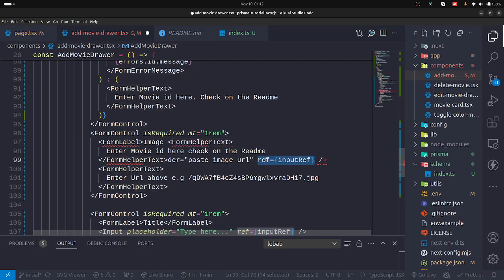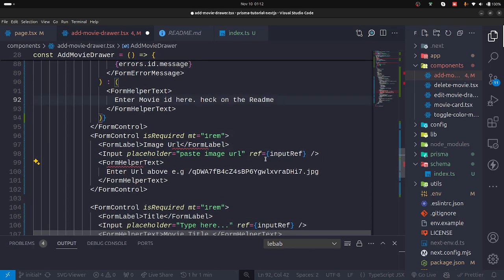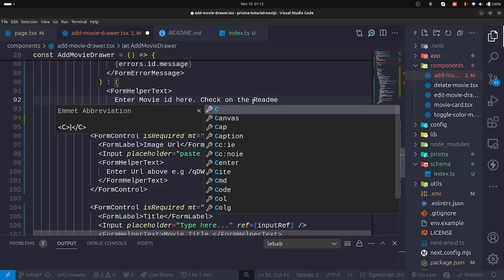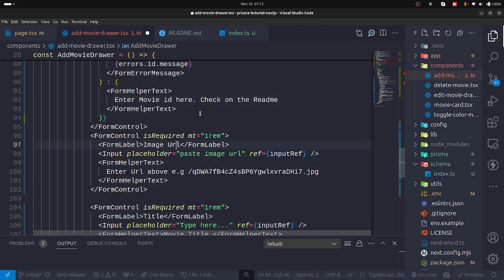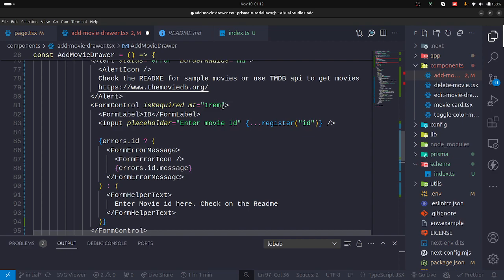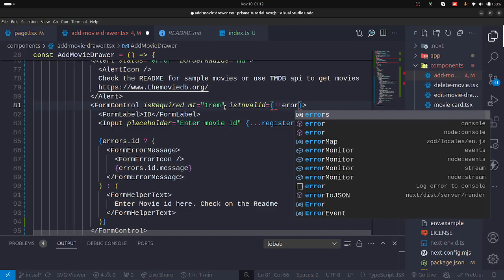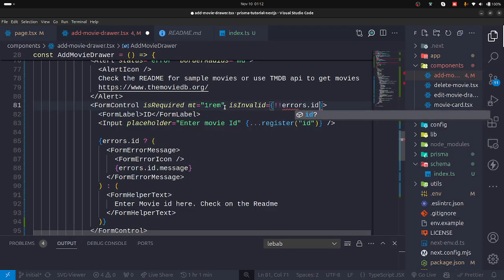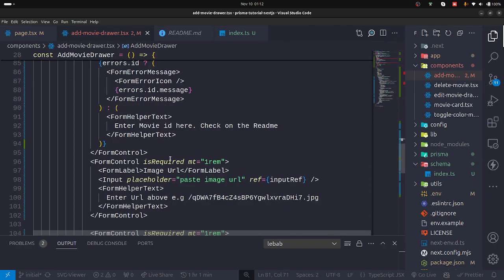Let me just revert. So check on the readme image URL, then we can this thing we had in Chakra called is invalid. Then we check if there are errors.id. Then we go next to